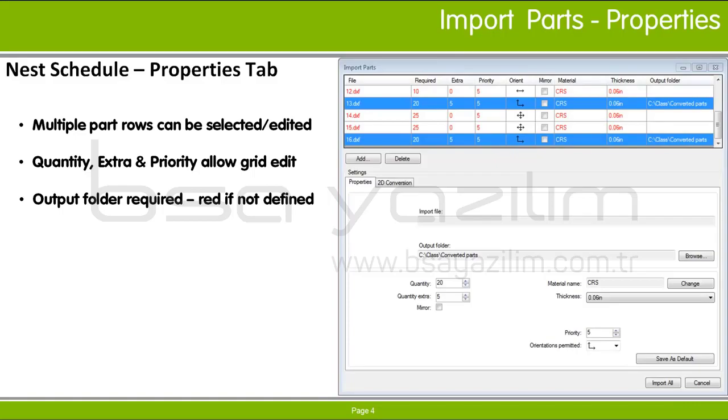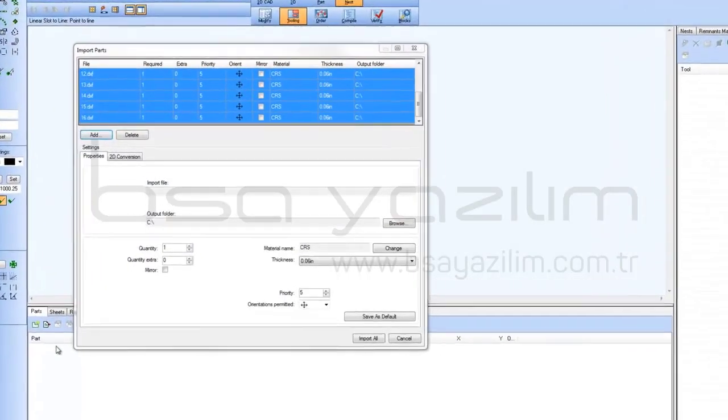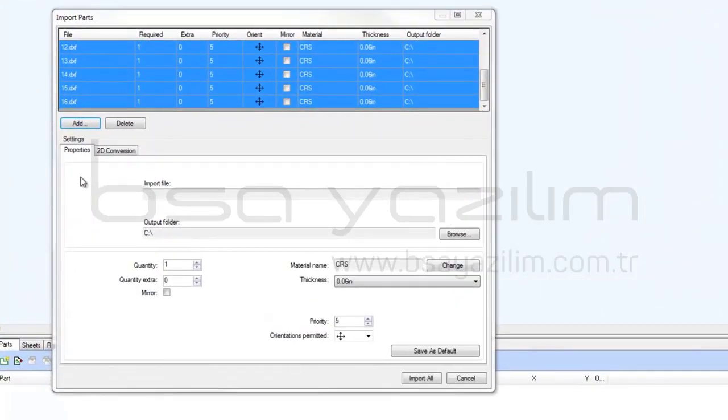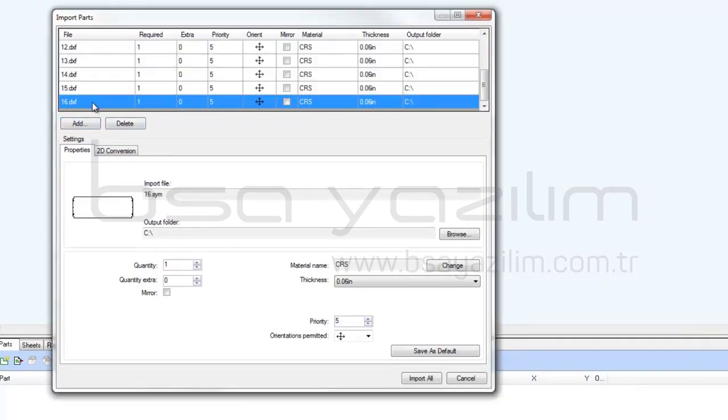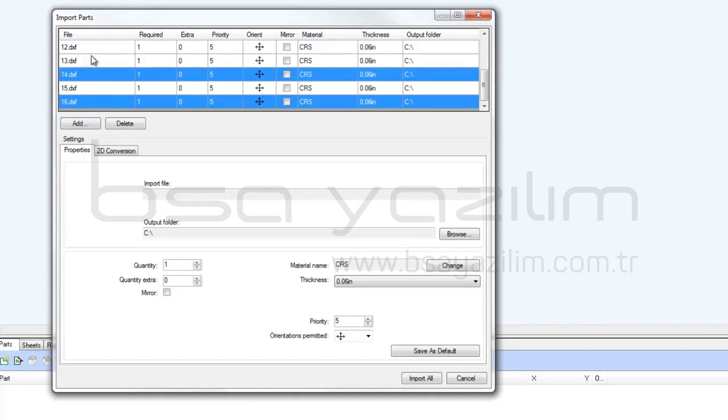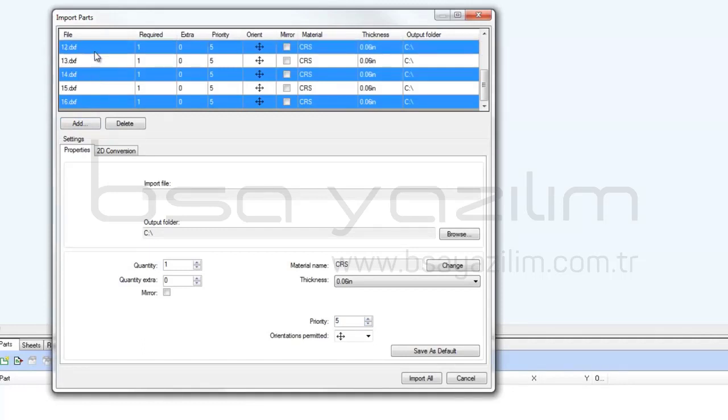I'll demonstrate in Radan. When working within the Import Parts dialog, Shift Select and Control Select are supported when selecting multiple parts in the list. When multiple parts are selected, changes made within the Properties tab apply to all selected parts, as illustrated here with common quantities applied to the selected parts.